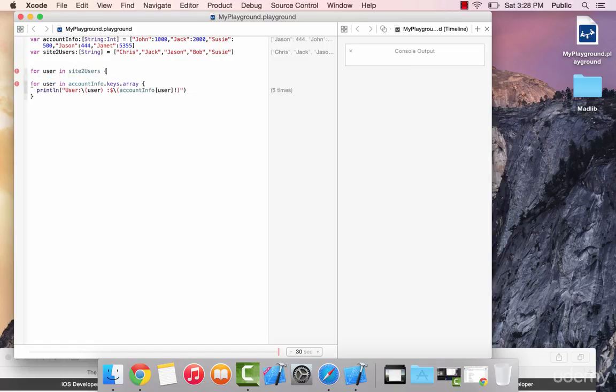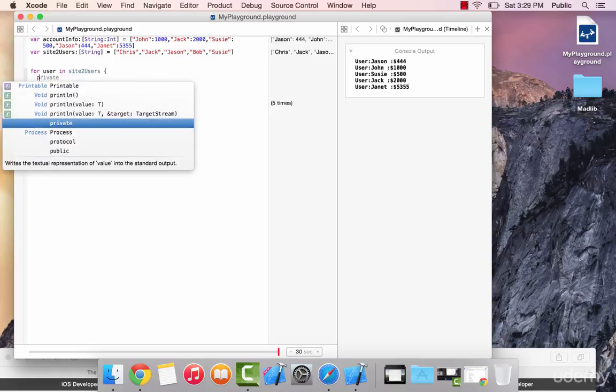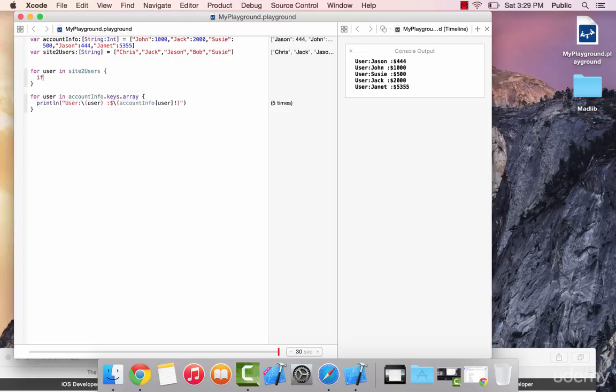And so keep in mind, this is going to look different from what we just wrote a few minutes ago, because site 2 users isn't already an array. It's not a dictionary, so you don't have to tag it with this keys.array. Okay? So we're going to just go back to our plain old for user in template. And now we're going to do something a little more complex. We're going to do a little test. If account info user is not equal to nil,